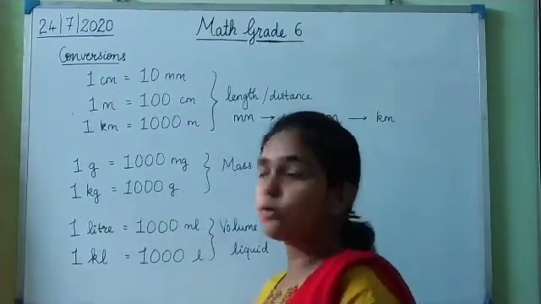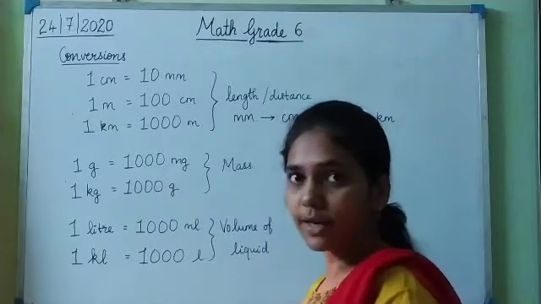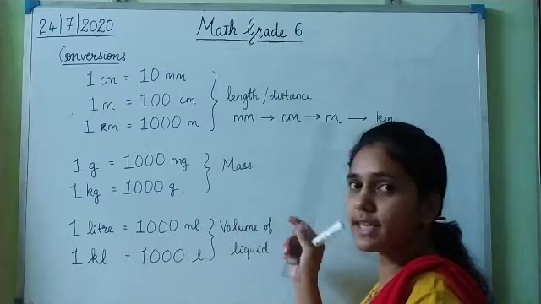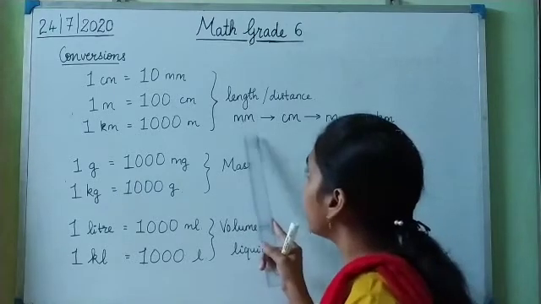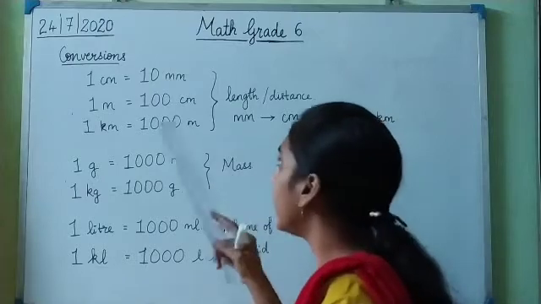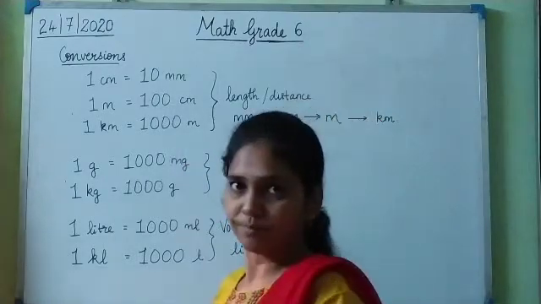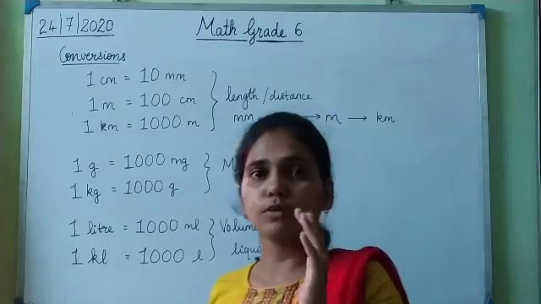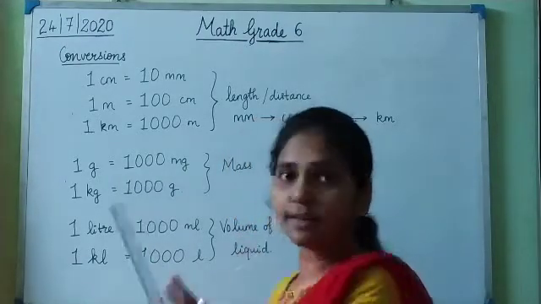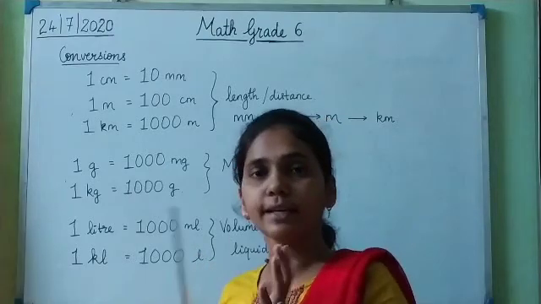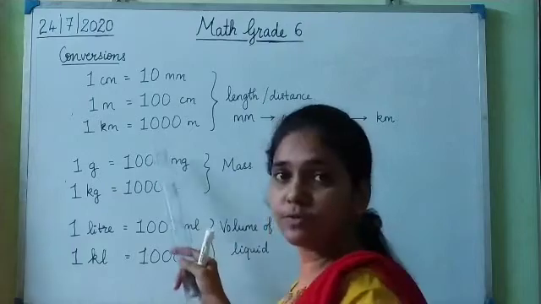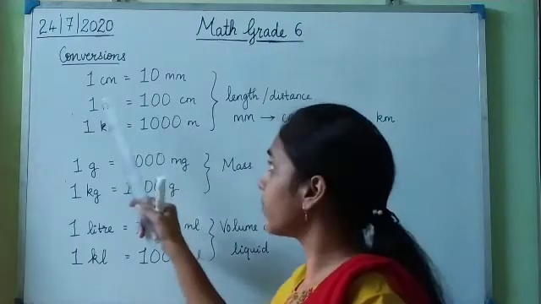And if you have to go from the smaller to the larger, for example from millimeter to centimeter, where millimeter is small and centimeter is greater, then you have to divide by these numbers. Small to big, then divide. Big to small, then multiply. Understood? So these are the constants which we need to multiply or divide by when converting the units.